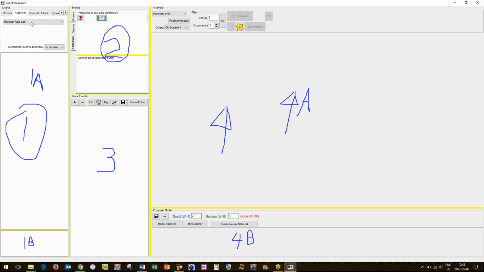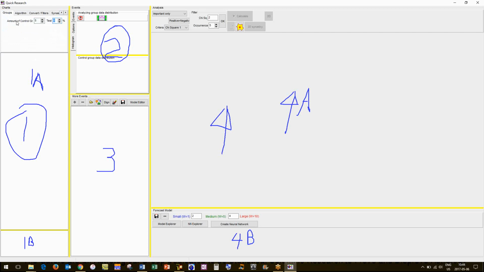In the algorithm, this is how we can distribute the age of the charts that are created for the control group. Random real age is normally the setting that we use, or you can do random distributed age. So random real age is normally what we do.